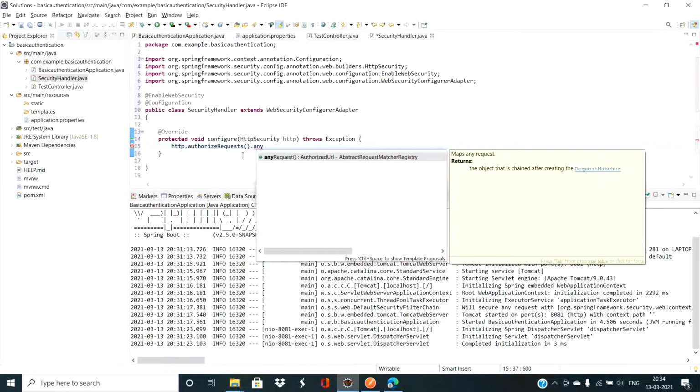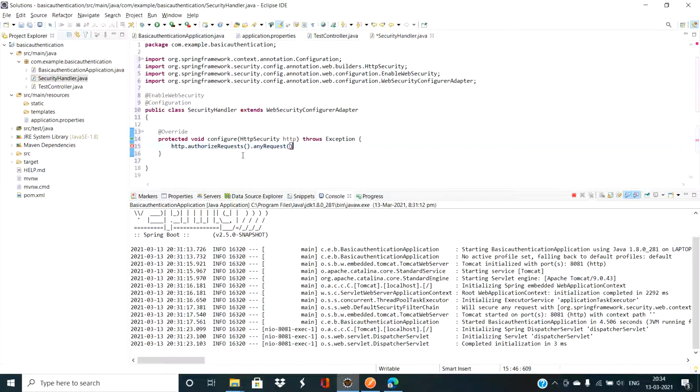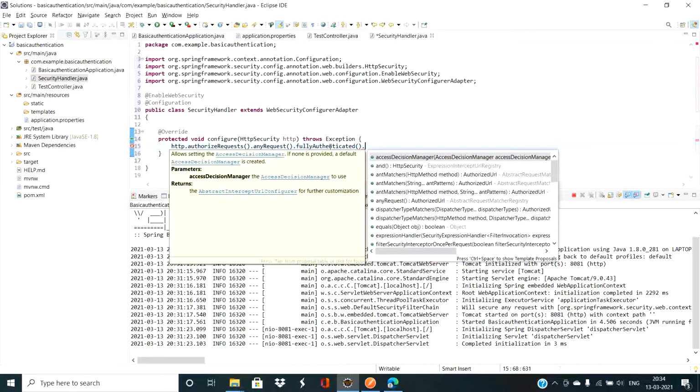And as of now, we are just providing it to all the URIs that will be going through. I'm not providing any antMatchers, I mean, for which specific endpoint we are creating this configuration. So for now it's for all requests. Any request which will be coming to the controller will be served. Any request, and saying fully authenticated. As of now there will not be any security here. We are manually saying it's authenticated, and let's go ahead.